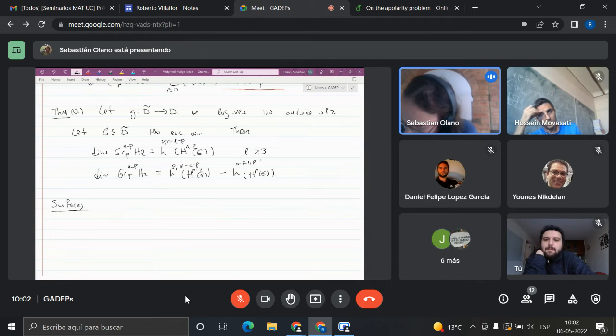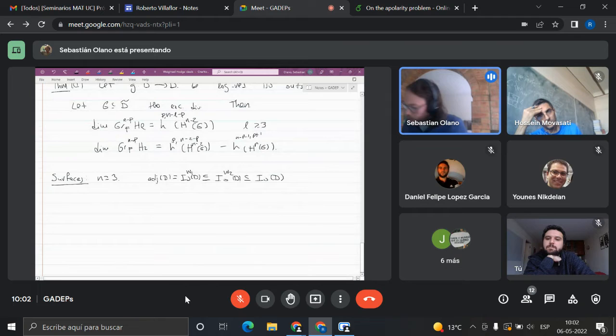Let's do the case of surfaces, n equals 3. In this case, we have weight 1, weight 2, and weight 3. We had said that the adjoint is I_0 weight 1. If you take the next one, I_0 weight 2, and we have I_0. This is the last step. So the corollary is that the first two coincide if and only if